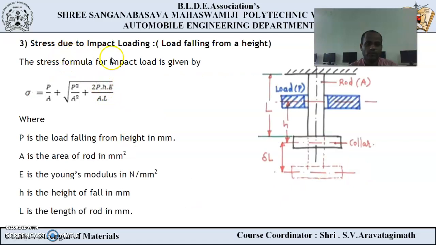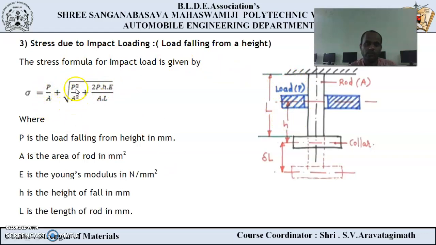And the third one, stress due to impact load. Let us consider a rod of length L having the cross-sectional area A. If you put a load here which is falling from a height h, and one end we can fix to the rod. So when the load is falling from a height h and the length is extended by delta L, the formula for the stress for the impact loading is sigma equals P by A plus